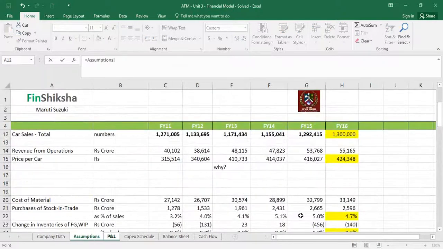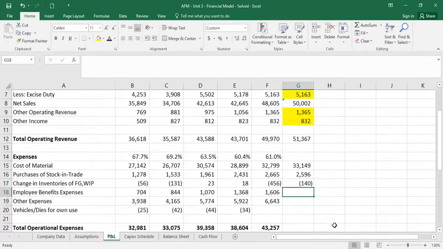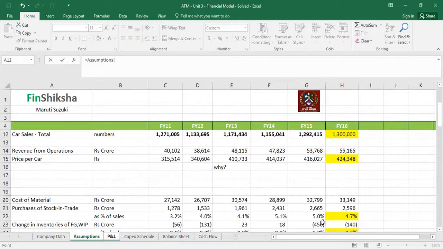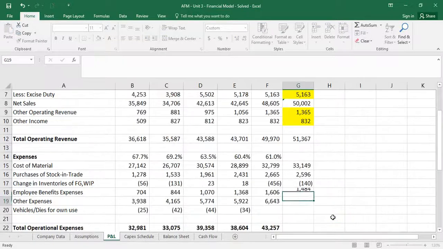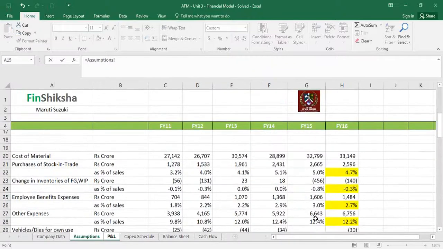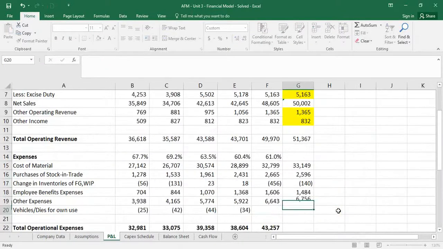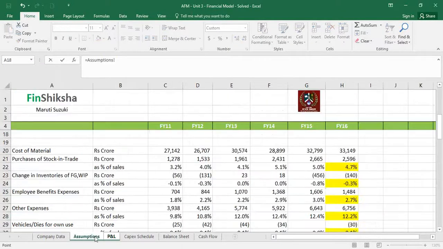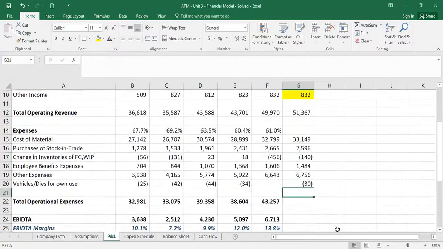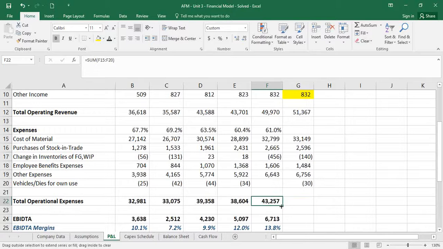I can link this to here. Employee benefit expenses are going to come in here. Other expenses are going to come in here, and this is going to be my final set, which is vehicles for own use, right? That gives me a total operational expenses number of this, which is